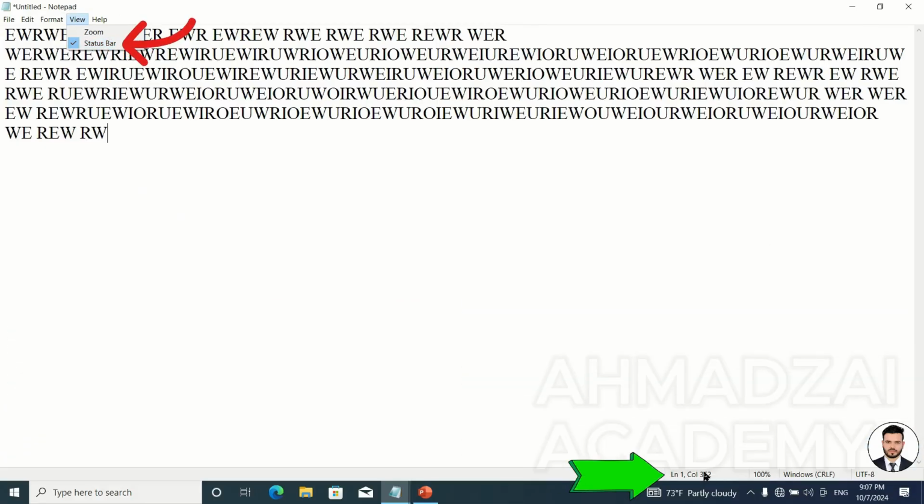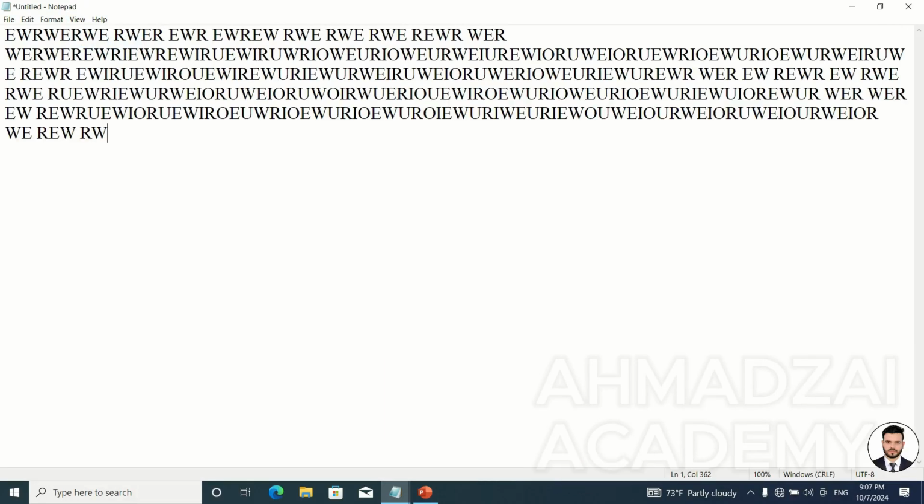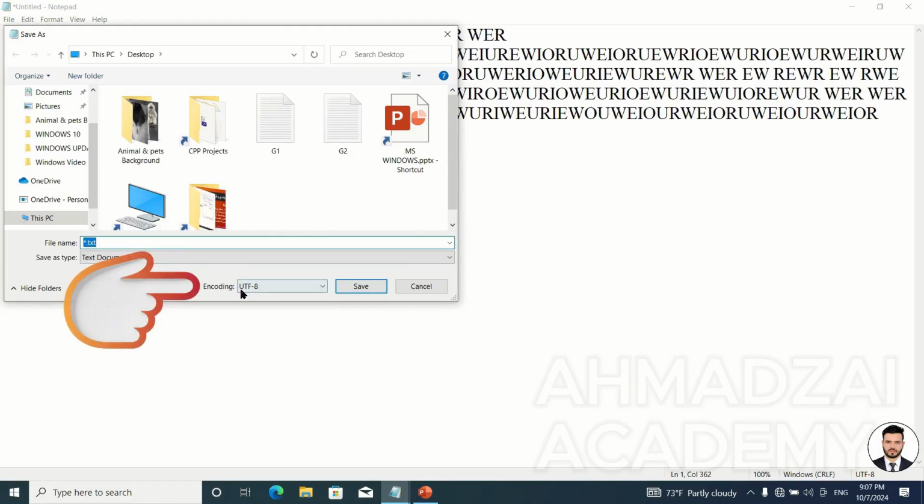The status bar refers to this bottom bar. Whether it's there or not, you can easily remove it. We set its rules, and it shows you. The status bar is just one type of information. UTF is the text format for content and type, as I mentioned before, only relevant when you save a file. In the encoding section you can see it says UTF-8. It shows you which encoding was used when the file was saved. Currently, UTF-8 is selected, and it just shows you its encoding here.